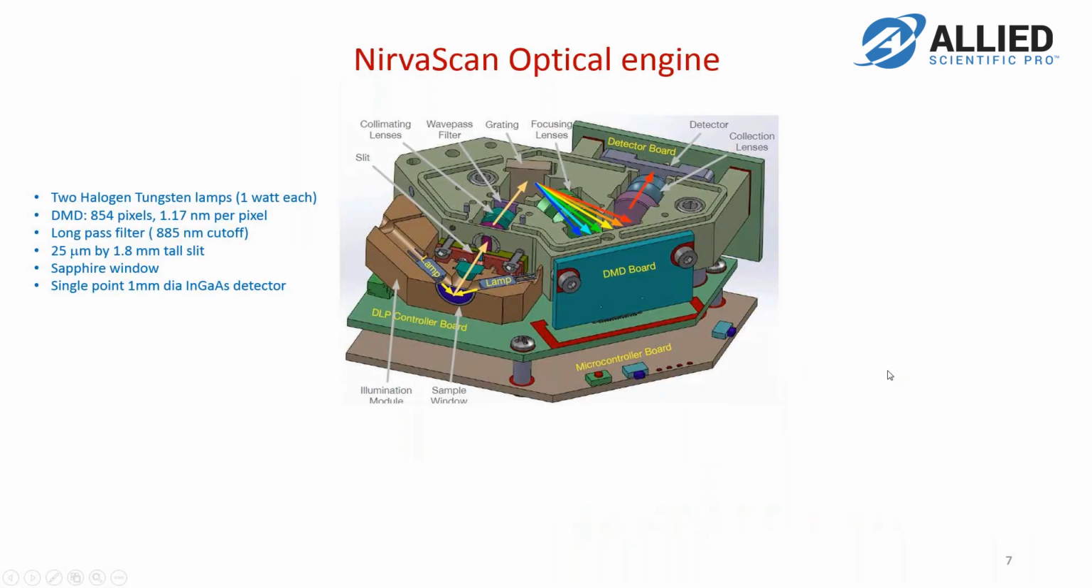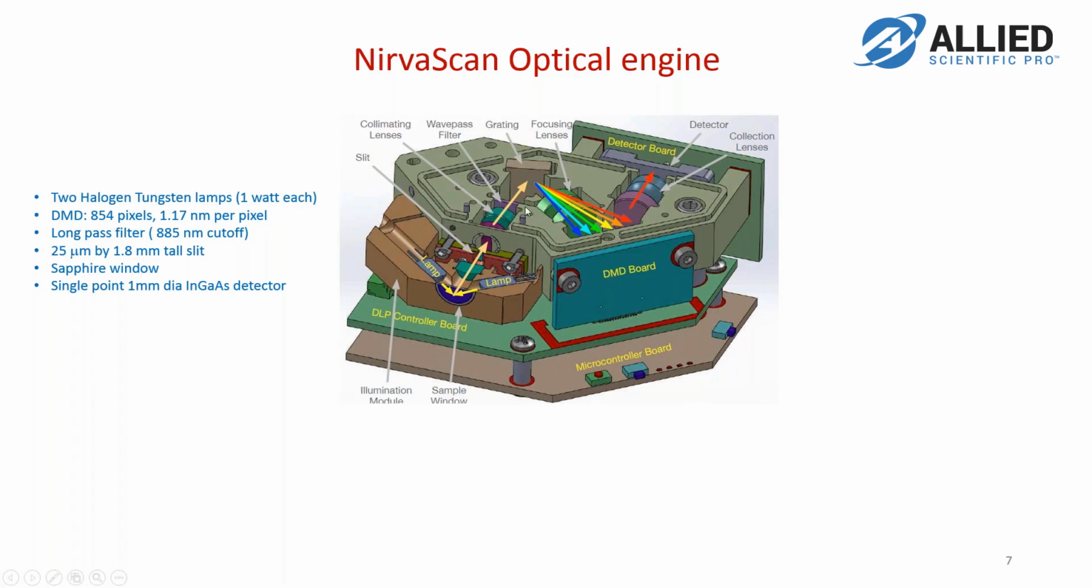Here's the NirvaScan's optical engine, and you can see that there are two lamps. These are halogen tungsten lamps. There's a window, which is a sapphire window, and for the reflective method, you can place it on the powder or the solid object you want to measure, and then there is